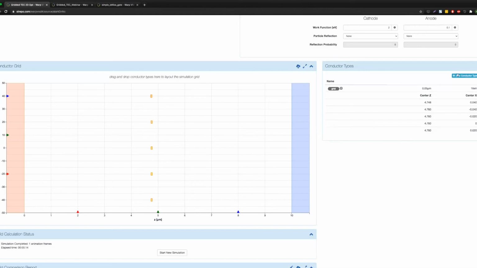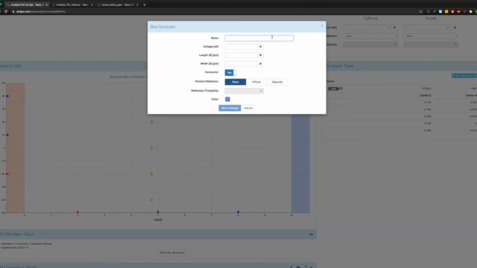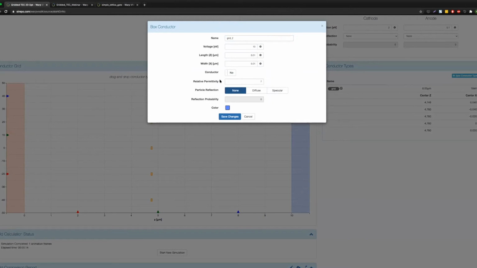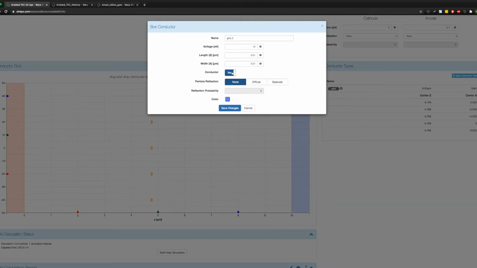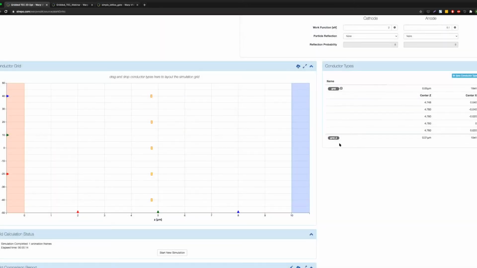If you'd like to define a new conductor type, such as a conductor that has a different spatial extent or configuration from the grid object, then you can click on this new conductor type button here, and you can define grid 2. And then you can specify a voltage, a length, a width, and you can even specify it to not be a conductor. You can make it a dielectric and specify a relative permittivity for the object as well. And that will also be factored into the electrostatic solve for warp. And then you can give it a different color, save changes, and this grid 2 object will now appear in